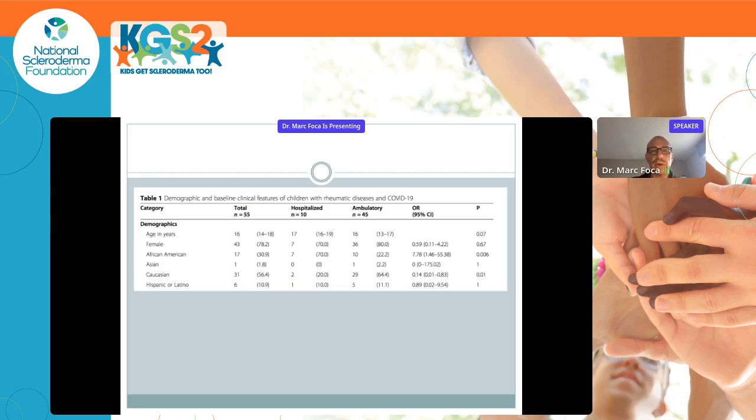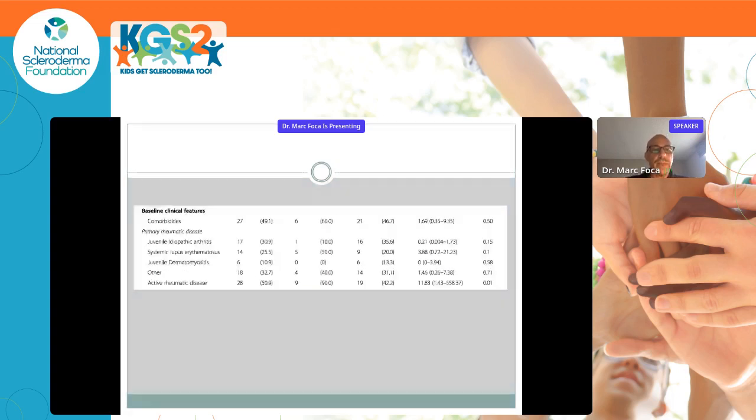And in terms of demographics, you were more likely to be hospitalized if you were African American, and you were less likely to be hospitalized if you were Caucasian or white. And if you looked at their baseline rheumatologic disorders, there was really no difference in the types of illnesses, and there was only one patient in this cohort that had